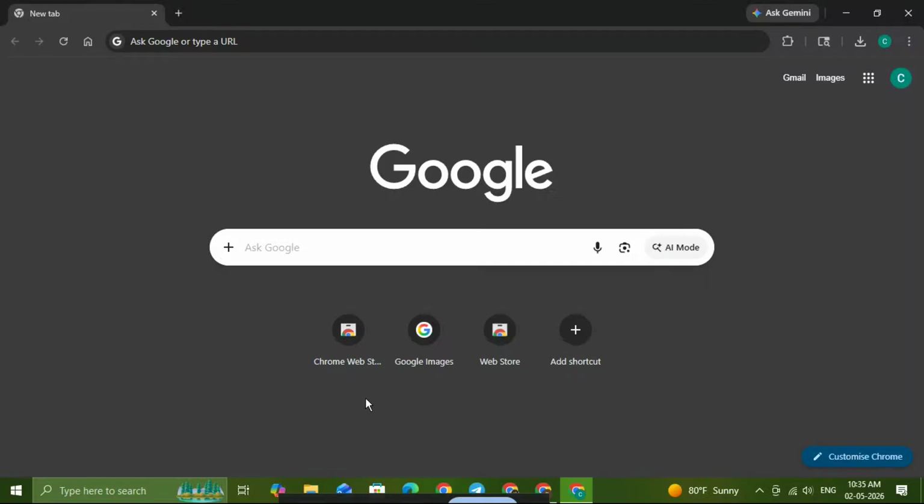In today's video, I'm going to show you how to export Chrome history quickly and easily using a simple Chrome extension. This is a great method if you want to back up your browsing history, organize your research, or save